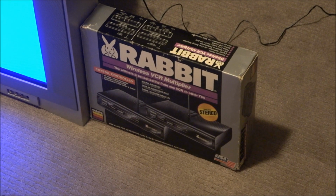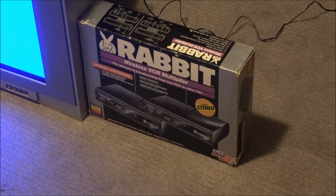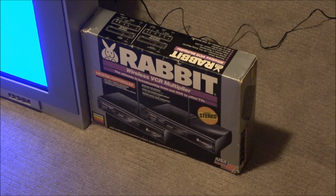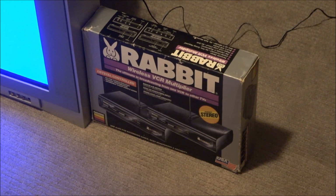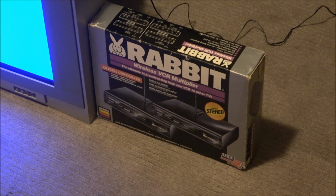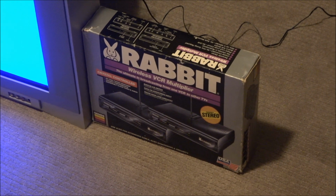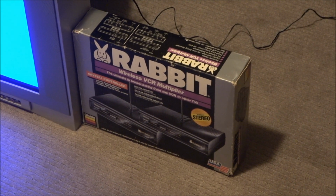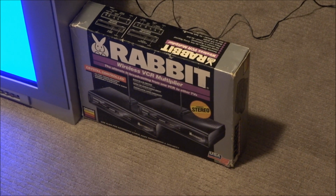All right, we're picking this back up after about a 4-hour delay. We had a nice little line of thunderstorms roll through the area, plenty of lightning, so I decided to hold off until it all passed through because I knew there would be some interference from that. So anyway, we're picking up now with the 1990 edition of the VCR Rabbit, the first truly legal